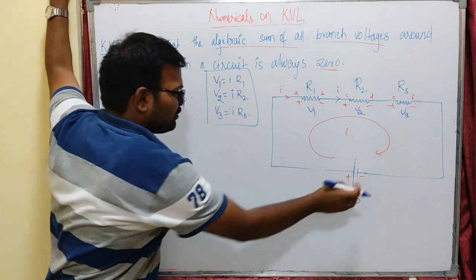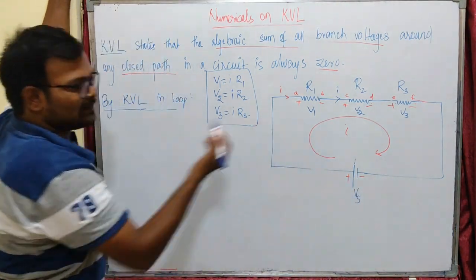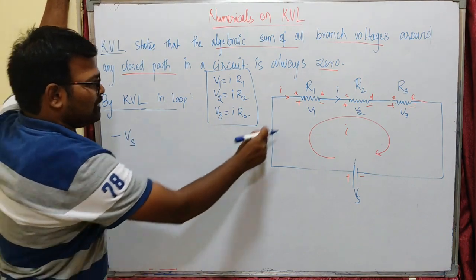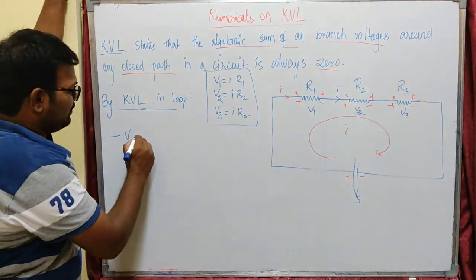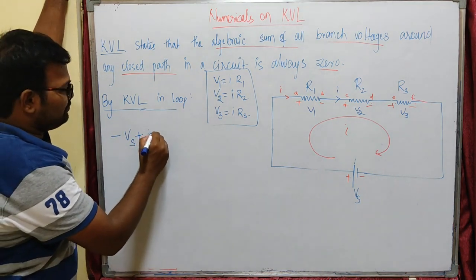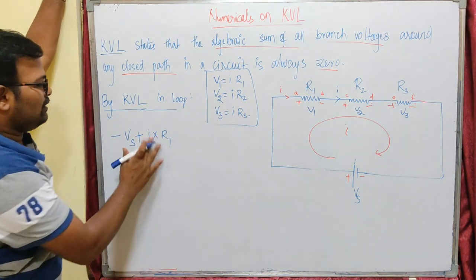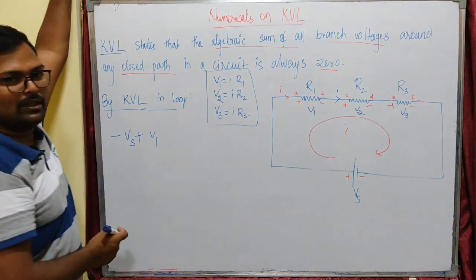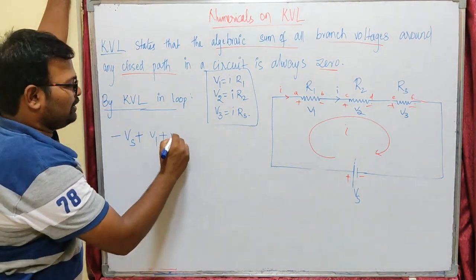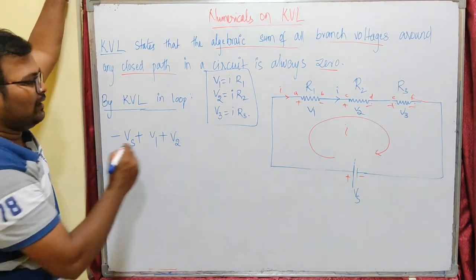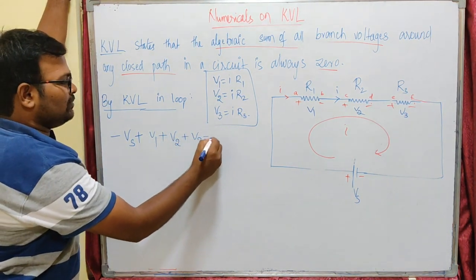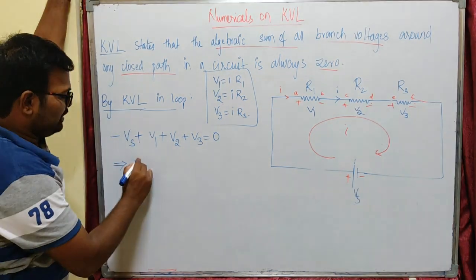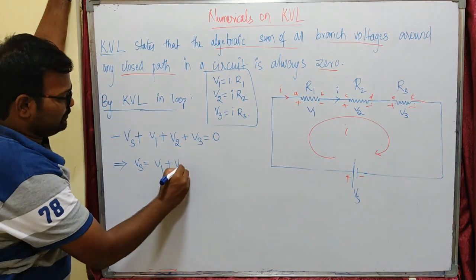I am starting from the source voltage Vs. I am considering the first terminal of each element. The first terminal of the source element is minus and it is Vs. Similarly, the first terminal of resistor R1 is the positive terminal, and that is I into R1, or let us write V1 first. The first terminal of the second resistor is positive, that will be plus V2. Voltage across resistor R2 is V2. Similarly, voltage across R3 is V3. This must be equal to 0 according to KVL. If you rearrange this, it becomes Vs equal to V1 plus V2 plus V3.